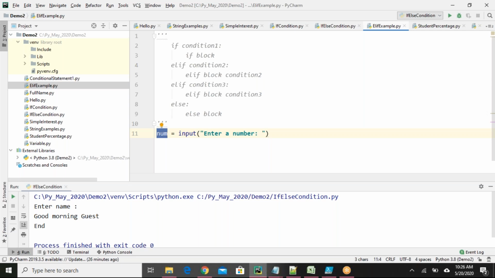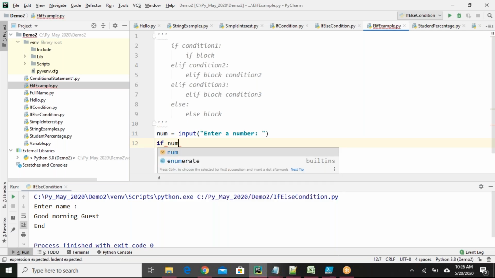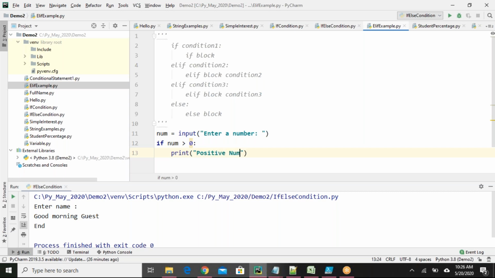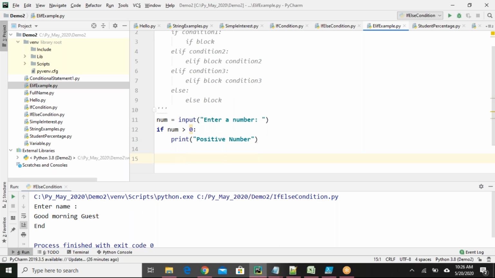That is clear, right? Then I want to check like this. If num is greater than 0, print positive number. Else,